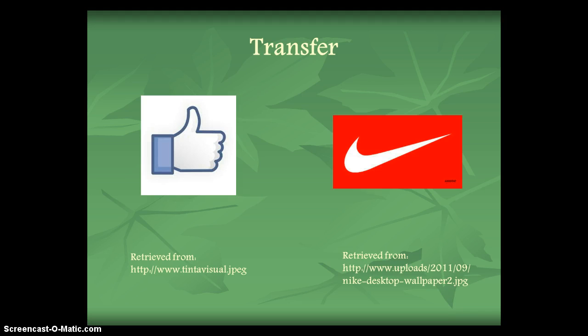As we can see in these two logos, there is no need for words. Both of them have to do with the right thing to do, the right place to go, the right way to go. There is no need to say that the thumbs up has to do with the right thing, and that the Nike logo is the perfect example of a tick, yes, when something is correctly done.